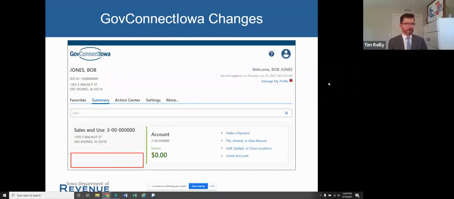You'll see on the left above that red box, it says sales and use. So we've changed that in the system. If you don't already use GovConnect Iowa, I strongly recommend that you do so. It gives you, the taxpayer, a much better picture of your obligations and your permits, and gives you better ways to interact with the department.